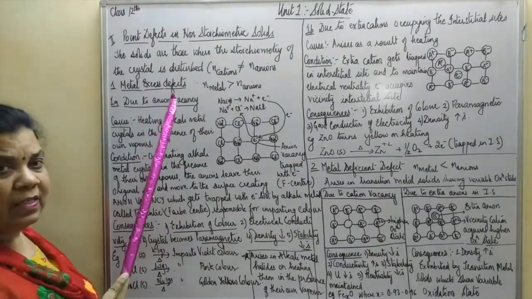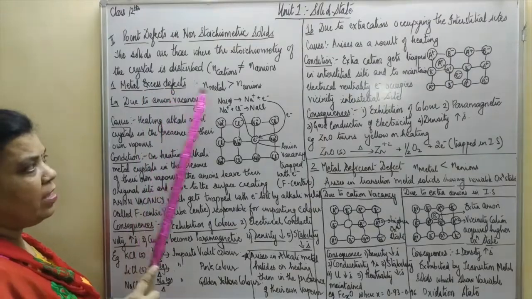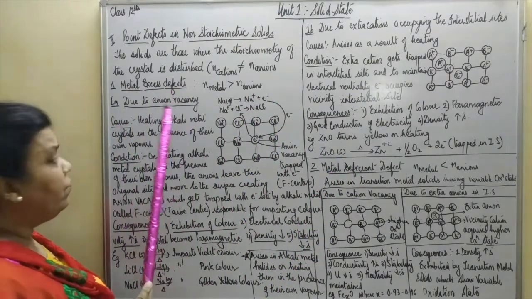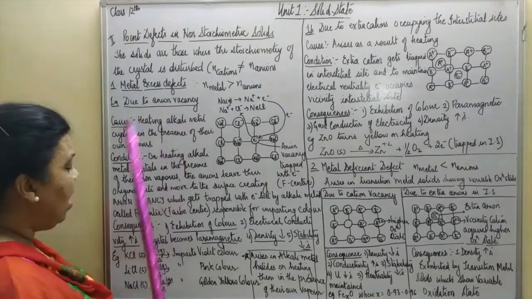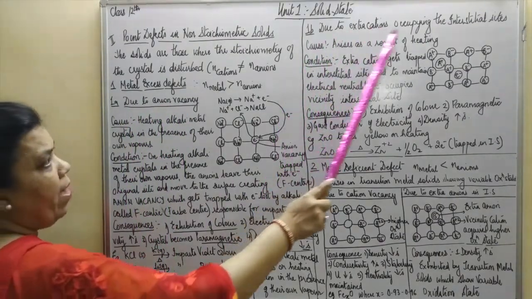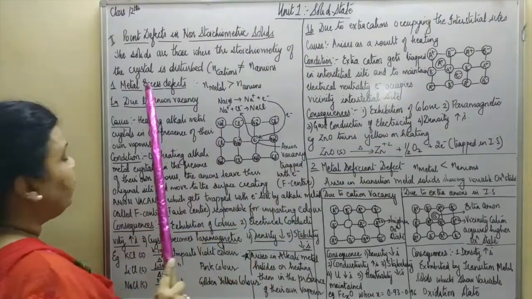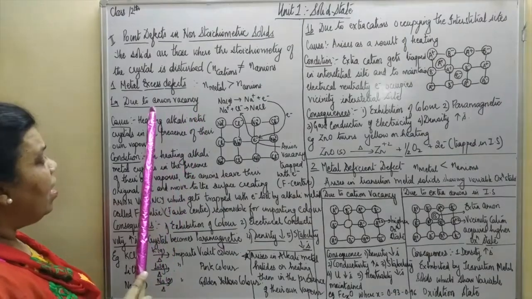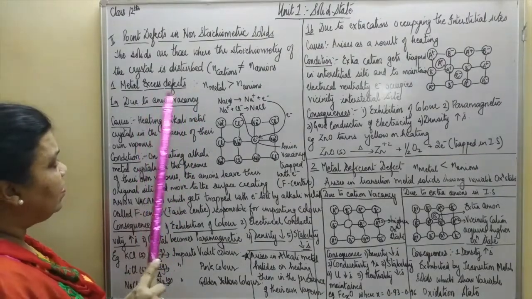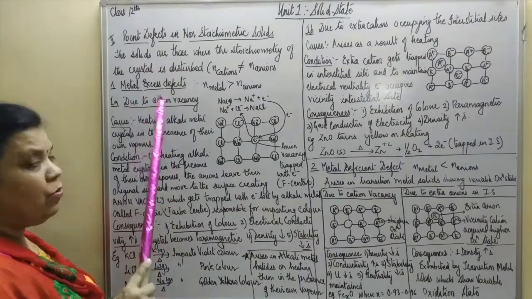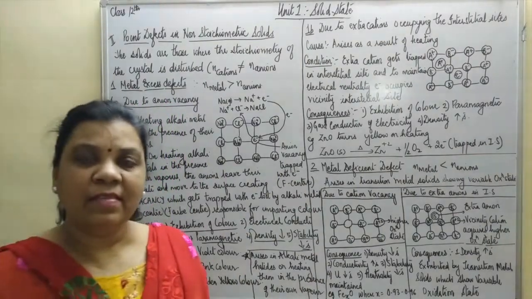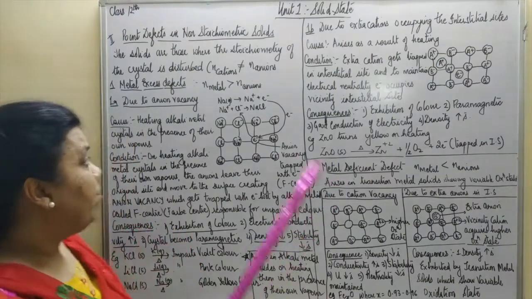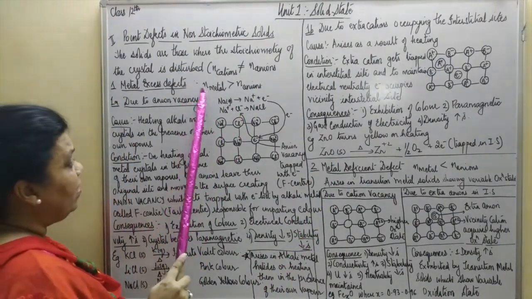Such defects are called point defects in non-stoichiometric solids. These are, broadly speaking, of two types: metal excess defect and metal deficient defect. Metal excess defect arises in two different ways, due to anion vacancy and due to extra cations occupying the interstitial site. So we are going to discuss these two types of metal excess defect in detail. Let us now proceed with metal excess defect due to anion vacancy. When I say metal excess defect, it means that the number of metal atoms is greater than the number of anions. So remember, this is what is meant by metal excess defect.